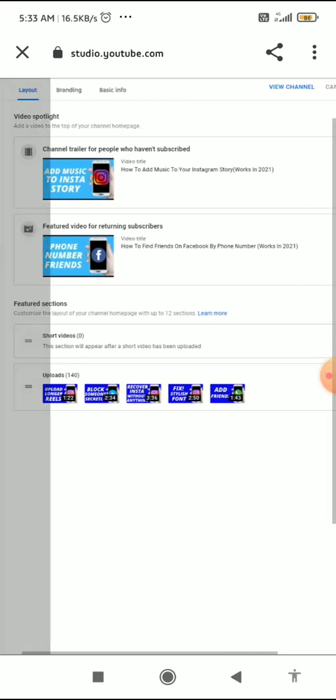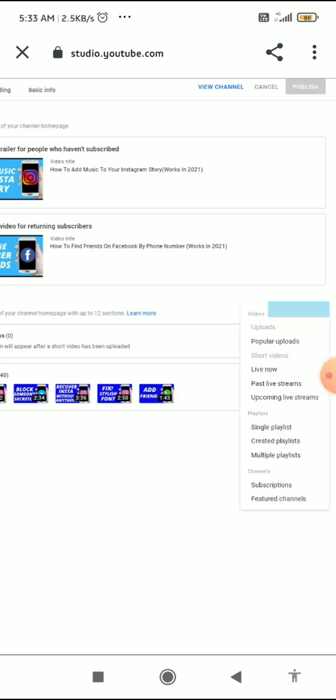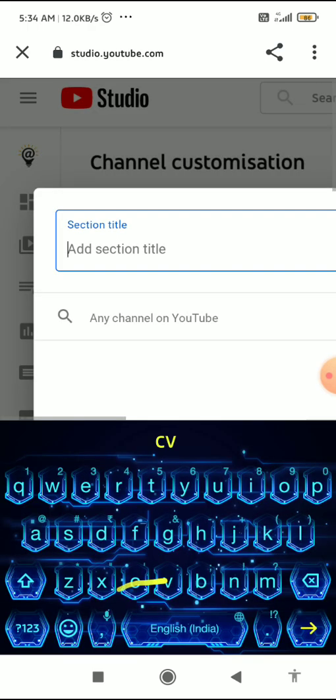In the featured section, on the right side you can see add section. You have to click on add section. When you click on add section, at the bottom of the options you can see featured channels. You have to click on featured channels,